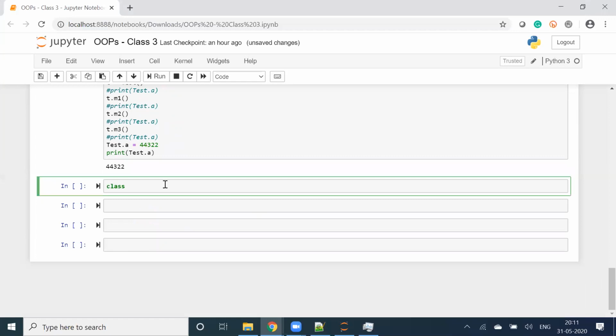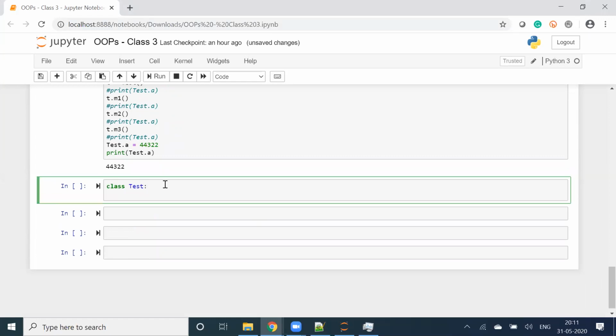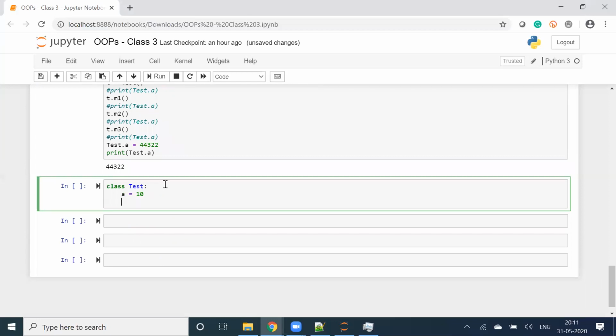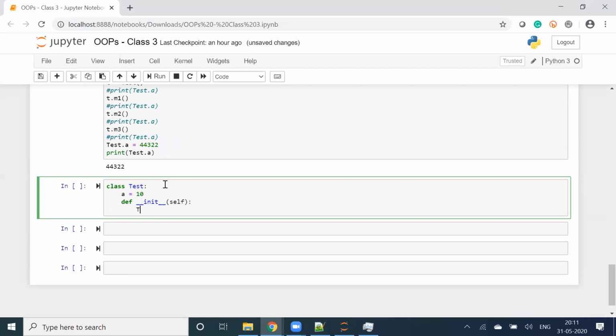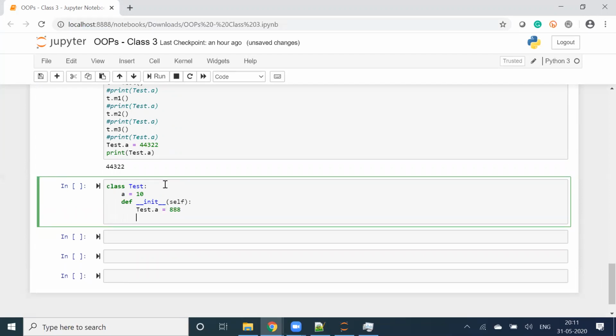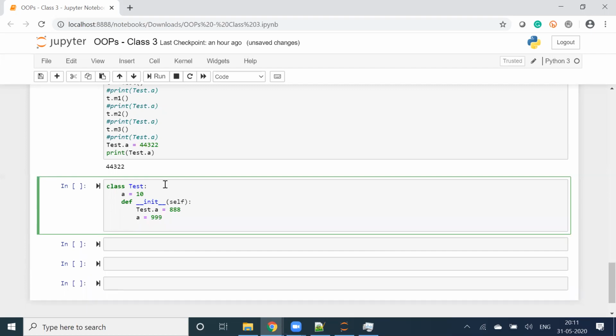Let's do some more examples because this is very much required, right? So let's spend some more time here to understand. a is equal to 10, def init self, test dot a is equal to 888. Let's say a is equal to 999.